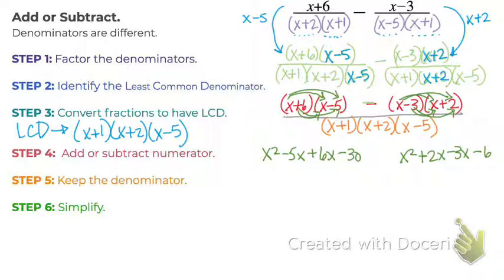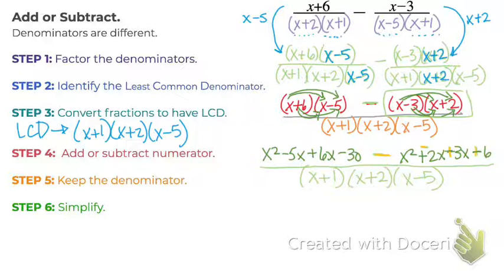Now we are subtracting this whole thing, not just the x squared. You just can't put a subtraction sign here. We need to subtract the x squared. We need to subtract the 2x. We need to subtract the negative 3x, which makes it plus 3x. And we need to subtract the minus 6, which makes it plus 6. So now let's leave our denominator as x plus 1, x plus 2, x minus 5. So since we have distributed that minus sign to each of those terms in the second set of binomials,